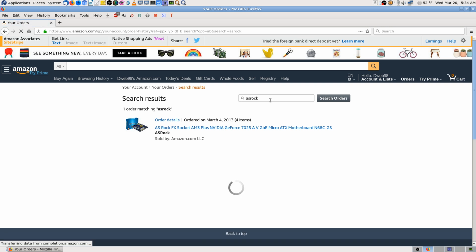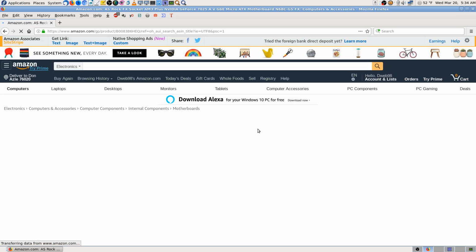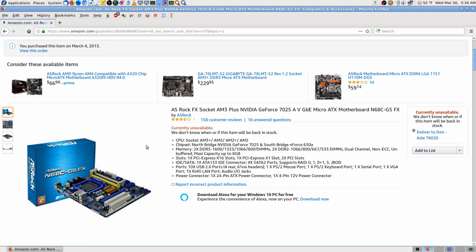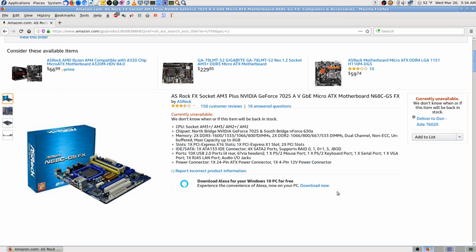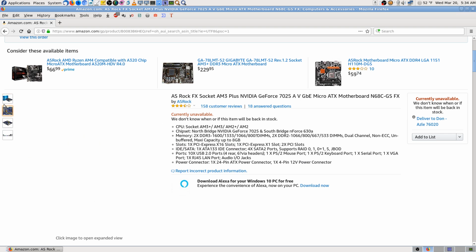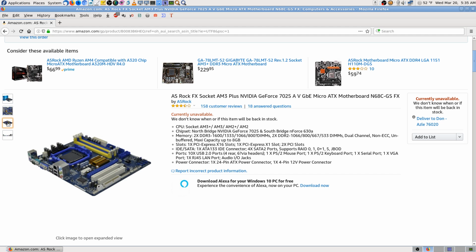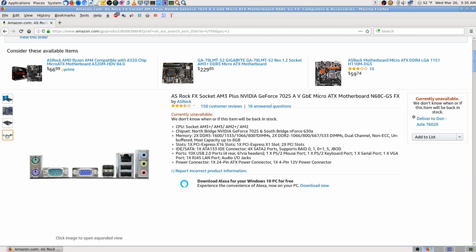I think this is where I bought it. Yeah, there's the ASRock. It's no longer available. I bought it in 2013 when I thought that her motherboard had gone bad, and it turned out it was the switch. But I like the motherboard. It'll run anything from a dual core to an 8 core, but this one is not in the supported list, and I knew that when I got it. But it'll run. It has onboard video, but